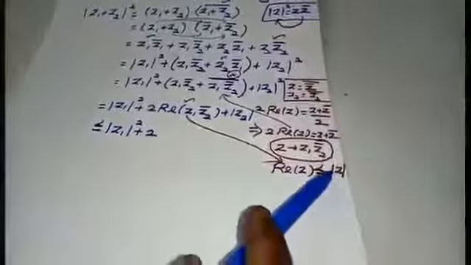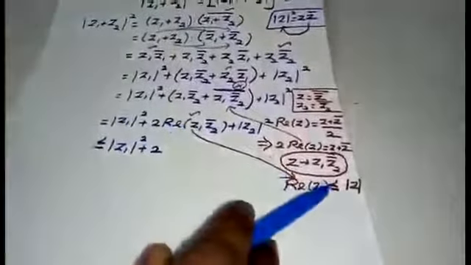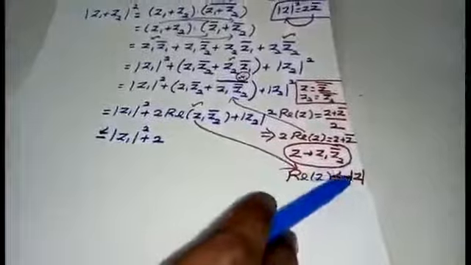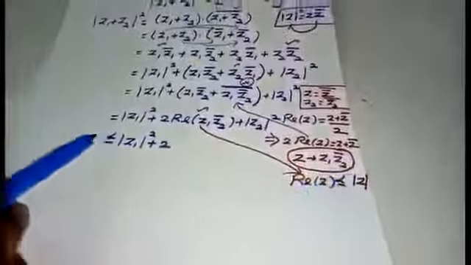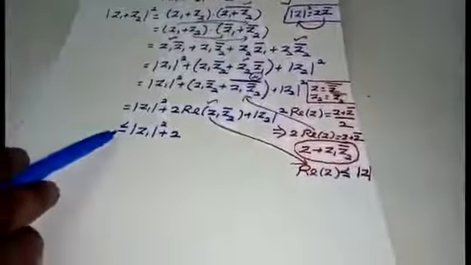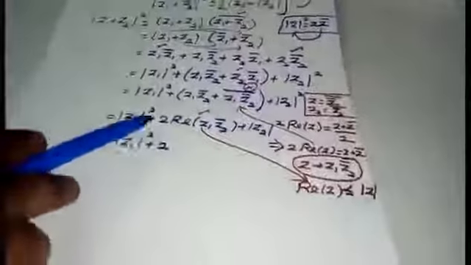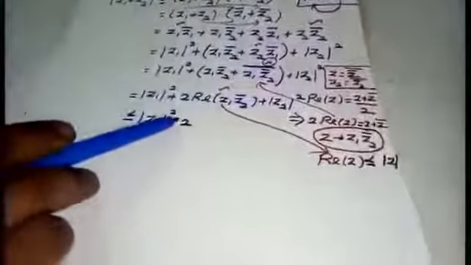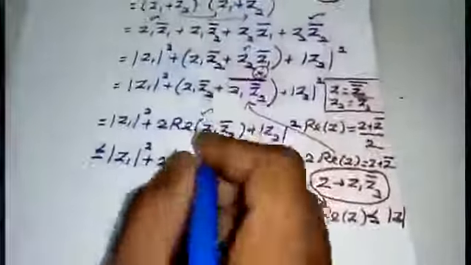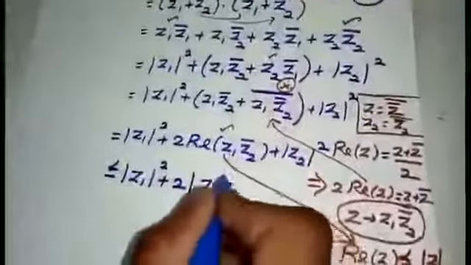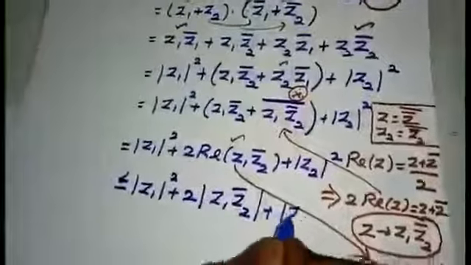Now I am going to use this formula, that is, a real part of Z I am going to replace as less than or equal to modulus of Z. This sign I am going to write in front. Less than or equal to modulus of Z1 the whole square will be as it is, plus 2, instead of real part of Z I am going to write like this, modulus of Z1 Z2 bar plus modulus of Z2 bar the whole square, students.